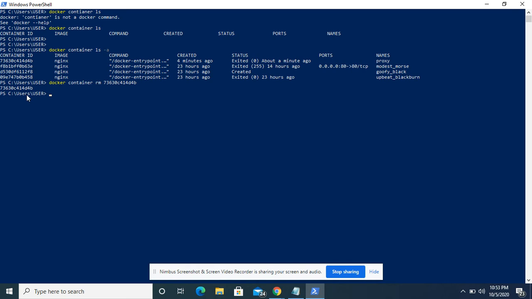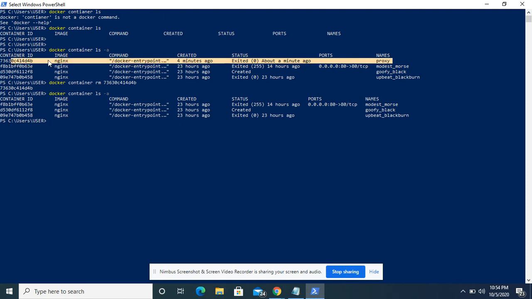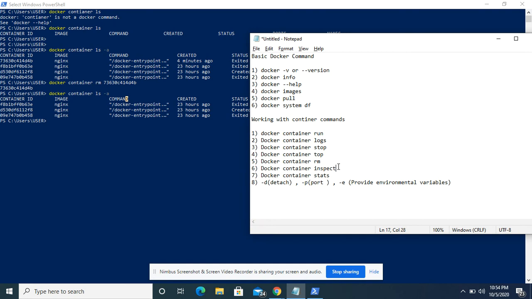Okay, so let's hit the command ls again. You see that previously the container nginx was there when we hit the command. We have seen that it was present, but now when I used the rm command, it got deleted. I can see only the three images along with IDs. So this is the way we can remove your container image. Inspect.